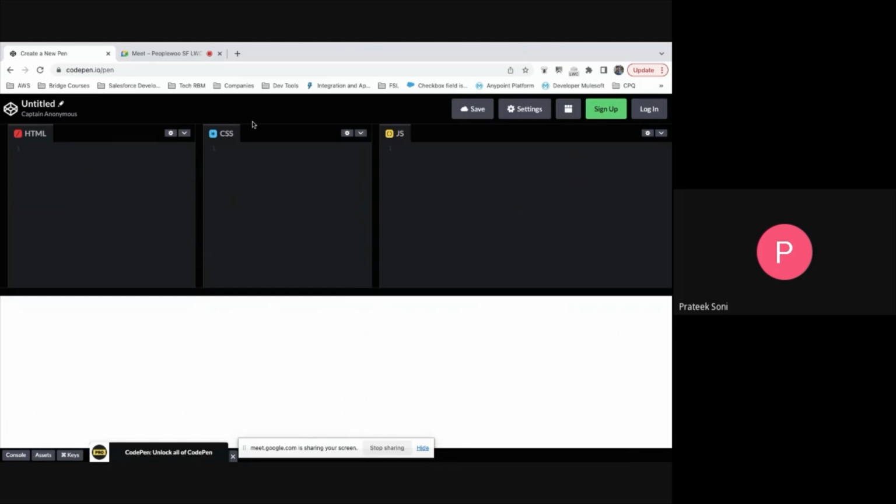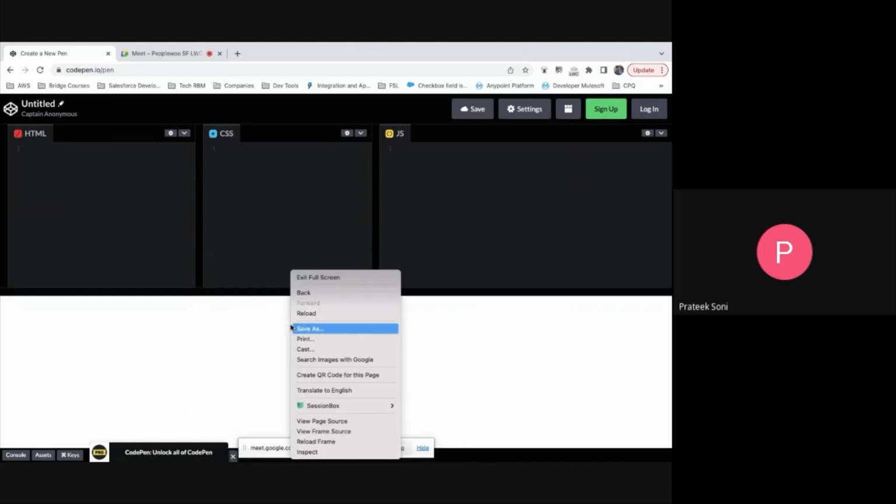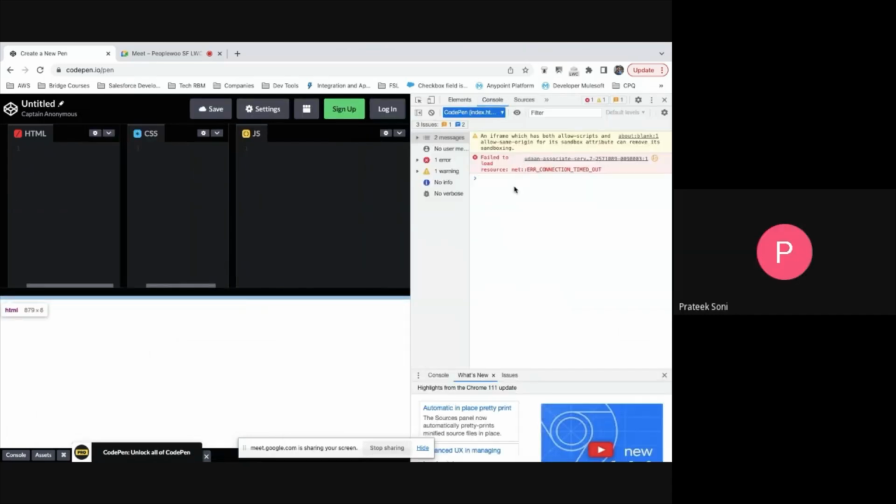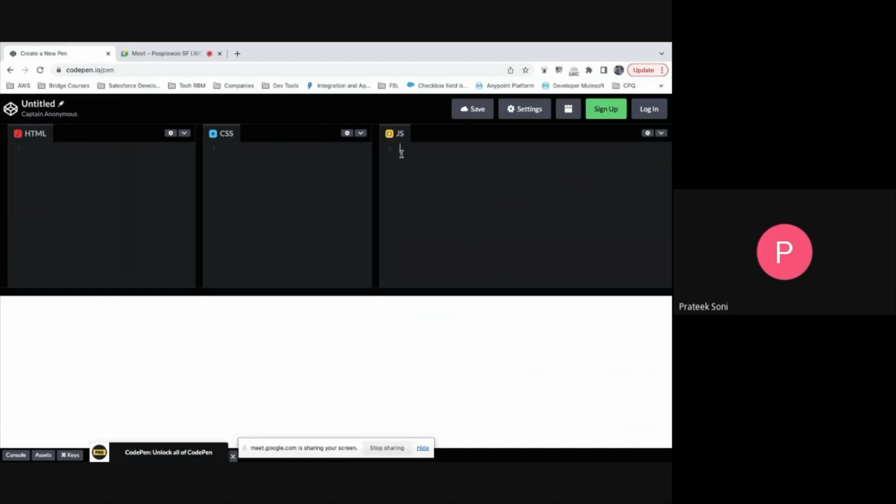So you must have seen this also. Whenever you right click on a browser, there is something called Inspect, and then the console. Here in this console we can write JavaScript code also. So it can also understand JavaScript code. We will be using this console a lot when we will be learning LWC. So JavaScript is a scripting language basically. We make scripts to run web pages. And HTML we have discussed, CSS we have